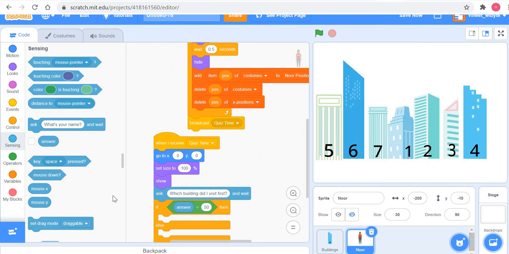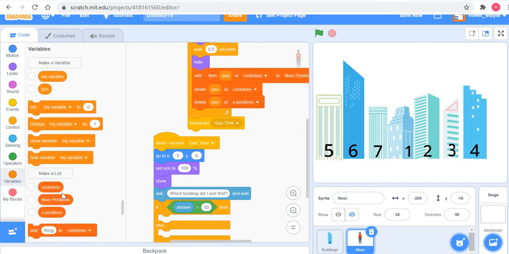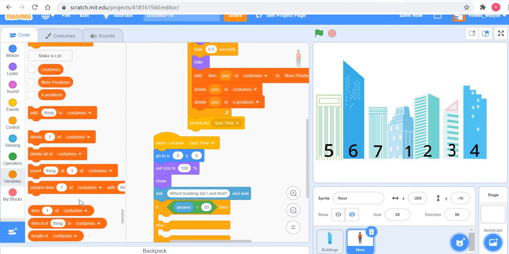So if answer is equal to item number 1 of Noor positions, because that's the first building it has gone to. Remember, to set this list correctly, it should be Noor positions.